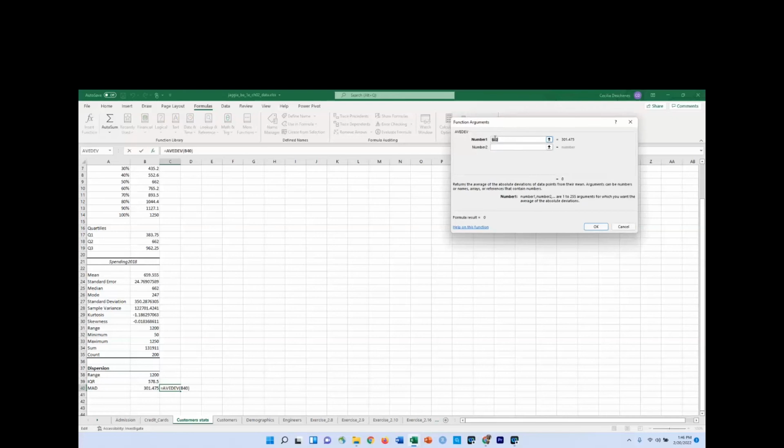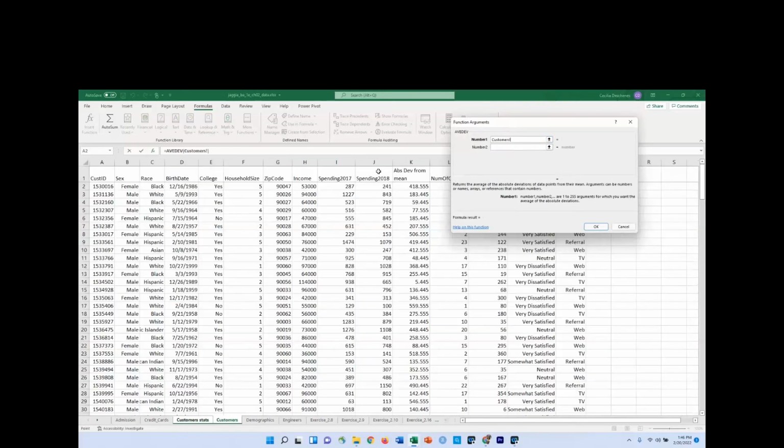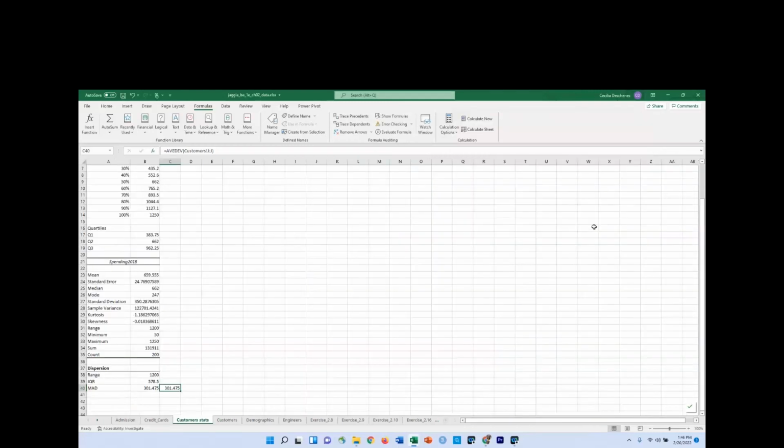That's what we want. So we're going to say okay. And in here, in the first input, we need to put in our data. So we're going to come over to customers, and we are going to select spending. So we're going to eventually get rid of this column that we made in K because it was just, again, instructional, or the build, if you will. So now we're going to say okay here, and you see that we're able to immediately get that